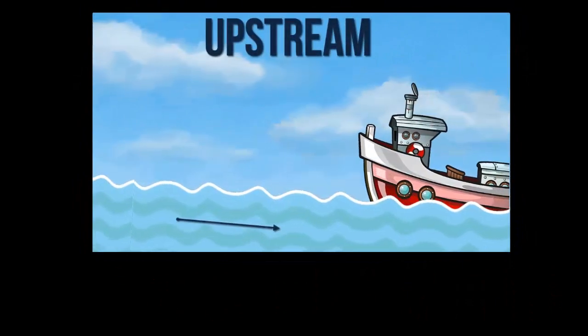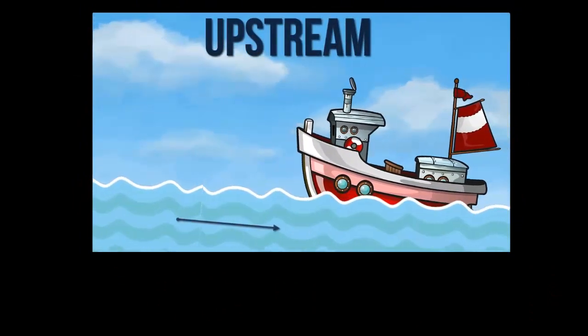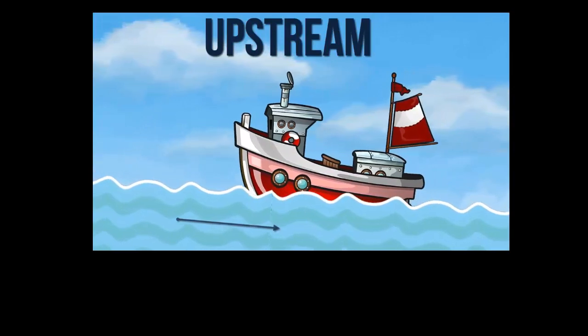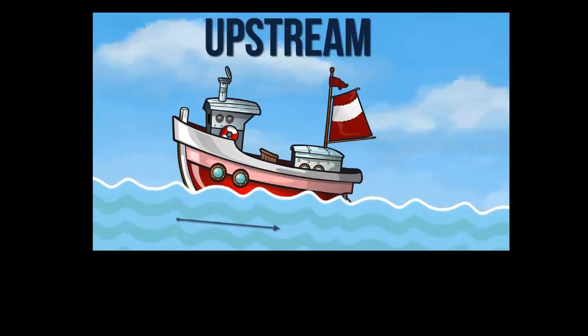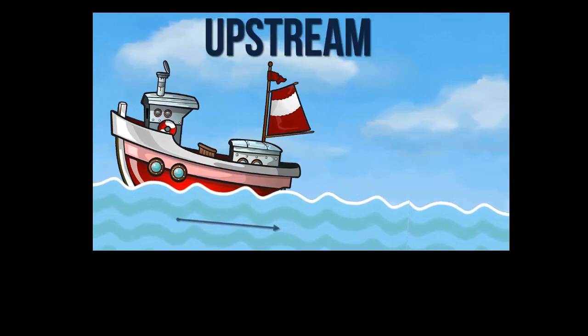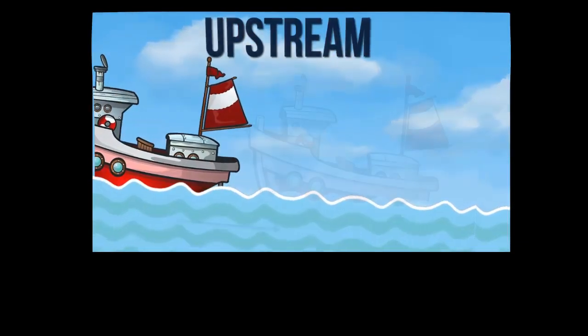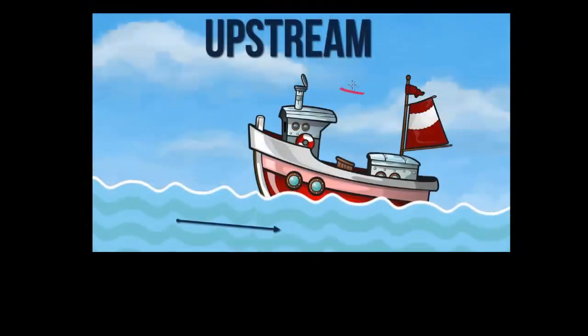Here is an animation of a boat moving against the direction of the stream. You can observe in the image, the boat is moving in this direction and the water flow is in this direction. So both the directions are opposite. Because of that, the speed of the boat with respect to ground will be equal to the speed of the boat with respect to water minus the speed of the water or stream. So let me write this in a formula.